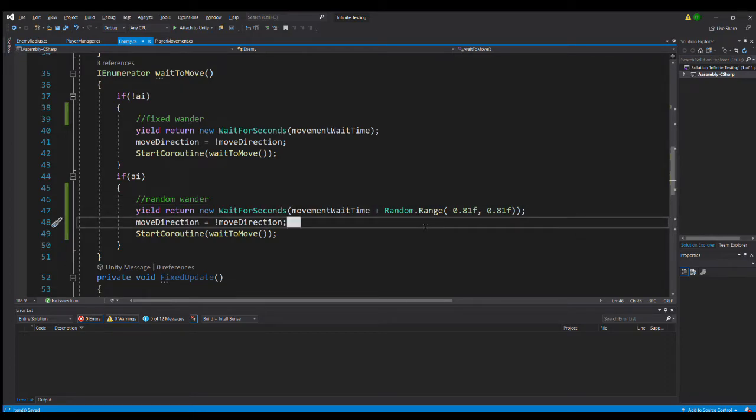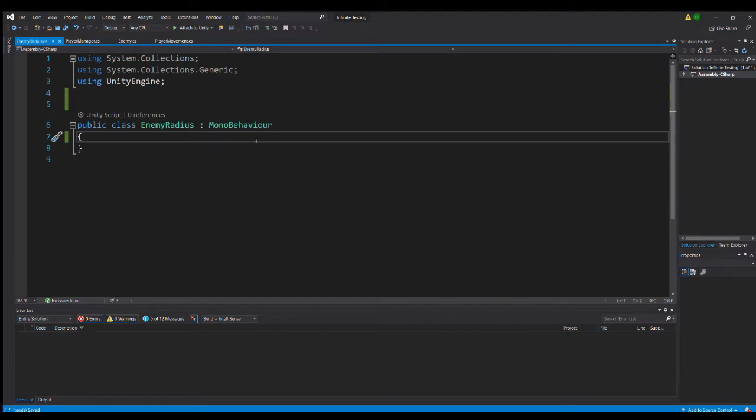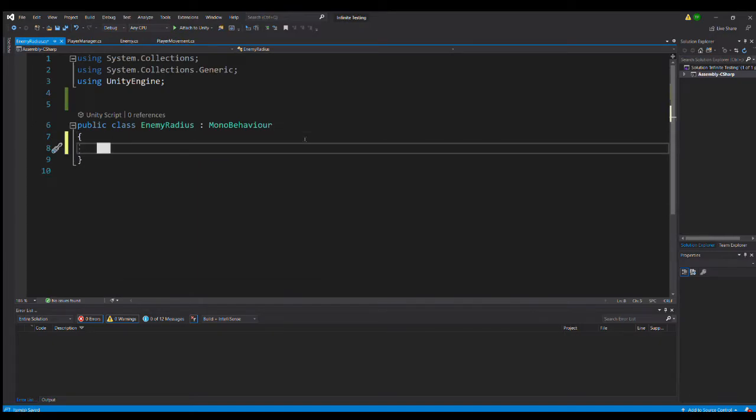So now that that's set, I'm actually going to set this to 1.81 to make that even better. Now we need to make it so the enemies can follow you if you're close enough. How do we detect if they're close enough? Well, we just set up the enemy radius, so now we can go into the enemy radius class that we